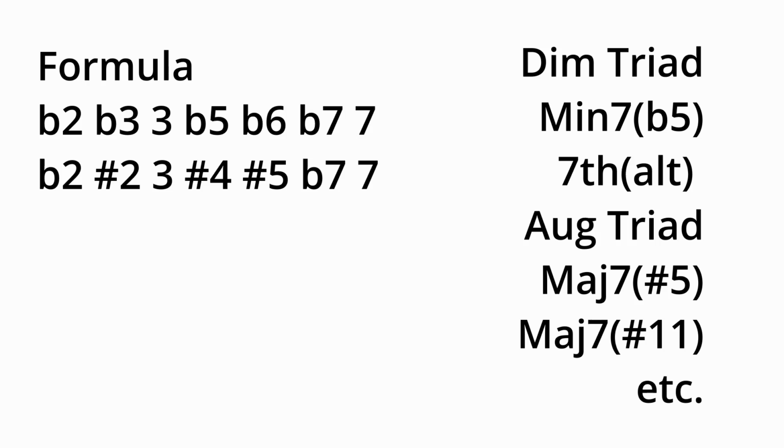So any altered chord out there, you could do like sharp 9, flat 9, sharp 5, or more specifically, if you want it to work a little bit better with the scale, try to make it something that fits within the formula, and this is going to be applied to any of the other chords out there or non-modes out there. Now, other chords you can get is the augmented triad, a major 7 sharp 5 chord, and a major 7 sharp 11 chord. Now, this first non-mode is actually the non-mode I applied right at the beginning of the